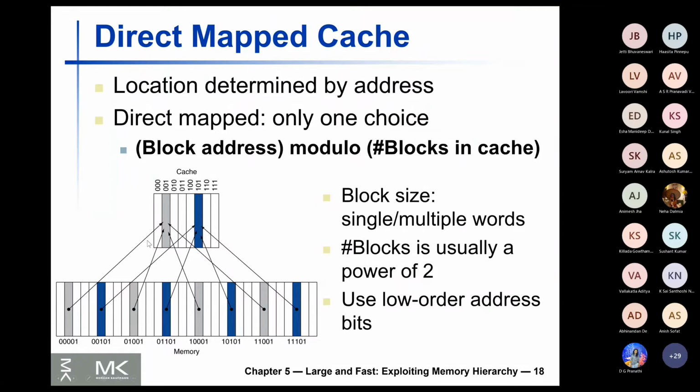Now from the cache, earlier we were looking from the memory to the cache, at how many blocks can clash. Here also there is an issue of many to one mapping, but I am looking away from the cache towards the memory. I'm trying to see whether the cache block that is currently there is actually the memory block where I want to write the intended thing. If not, it is a miss.